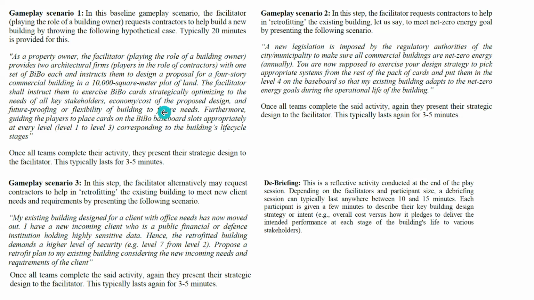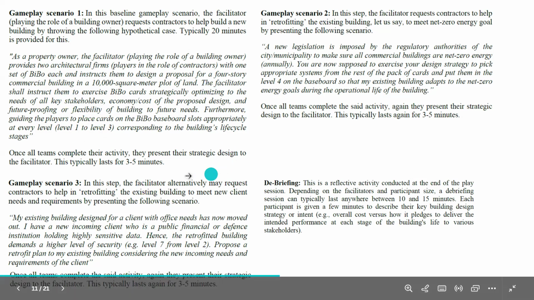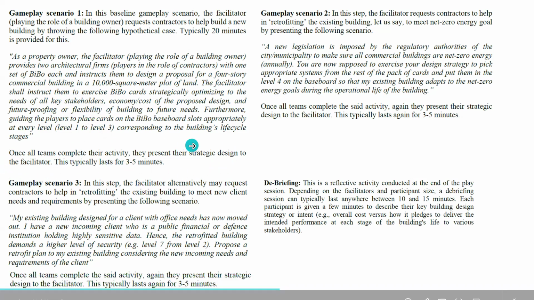They make decisions about the problem given to them, and how they exercise the cards, using them with a certain strategy in mind, right? And balancing economics versus the design intent the project is supposed to deliver. So they work independently in multiple teams, using the cards and the board given to them, and they populate the first three levels within the four levels in the board that you saw. After they complete that part in the 15 minutes,